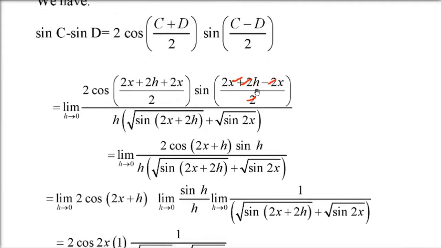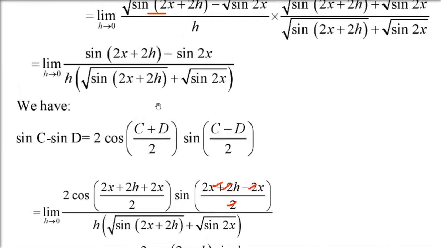Now we will concentrate on this sin h. You already have an h in the denominator, we have an h here. So sin h by h will be what? 1, as limit h tends to 0. Sin h by h is 1. This is 2 cos